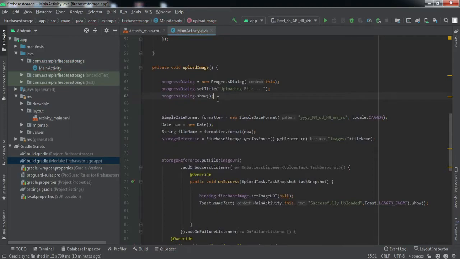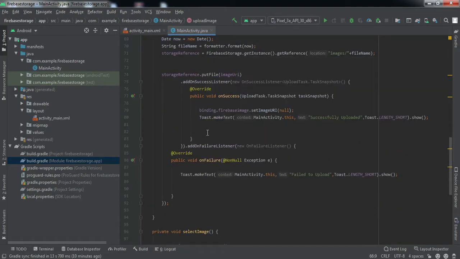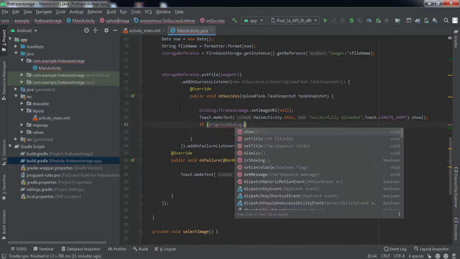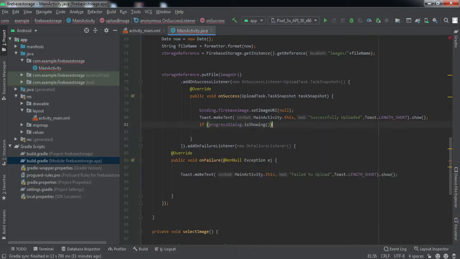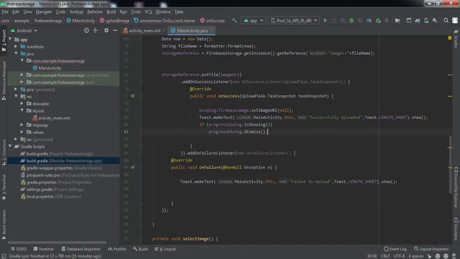So okay guys, whenever this method will be called, first we have made sure that a progress dialog box should be visible on the screen, right? So the user could know that the file is being uploaded. Then if the file has been successfully uploaded, we want to make sure that the progress dialog is being dismissed, right?